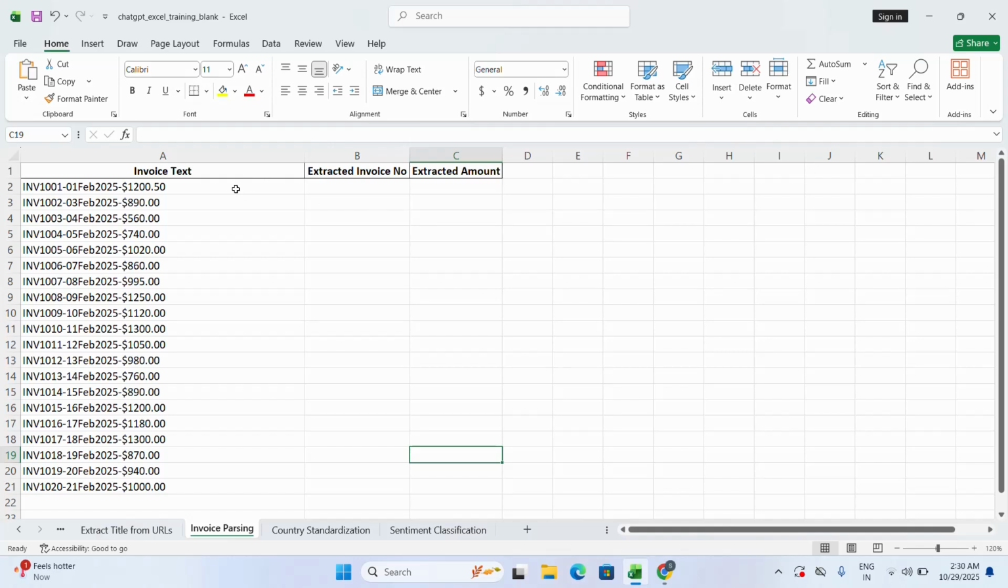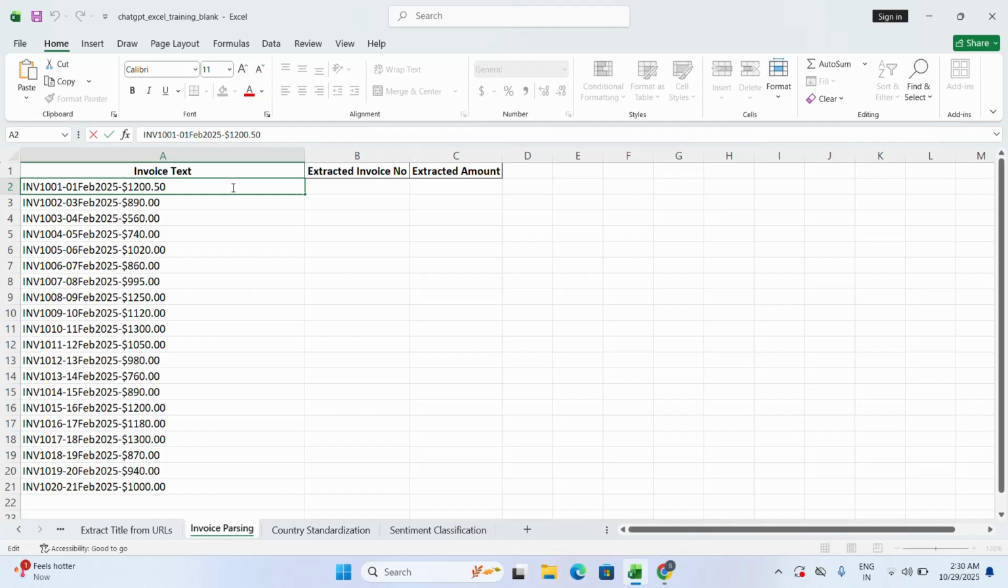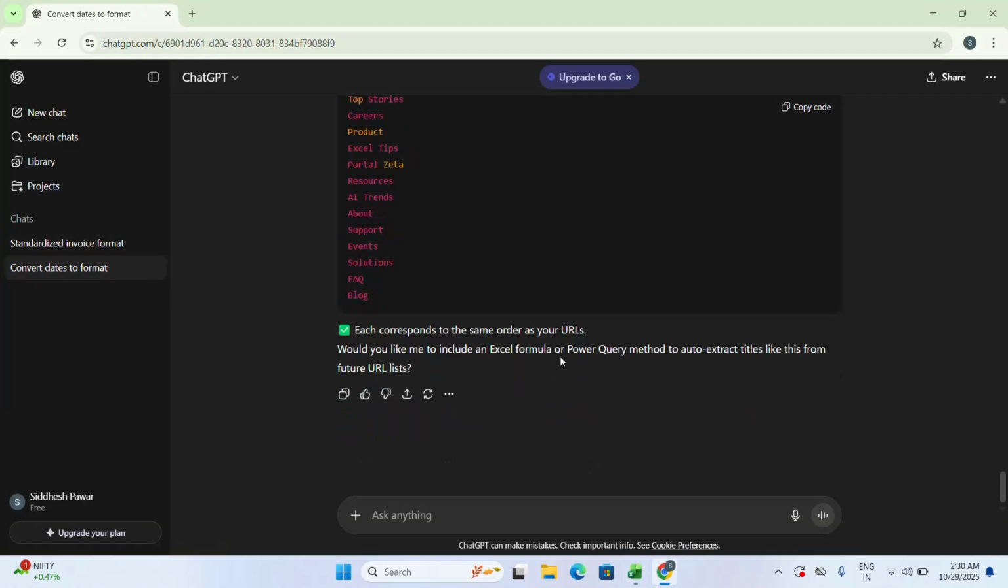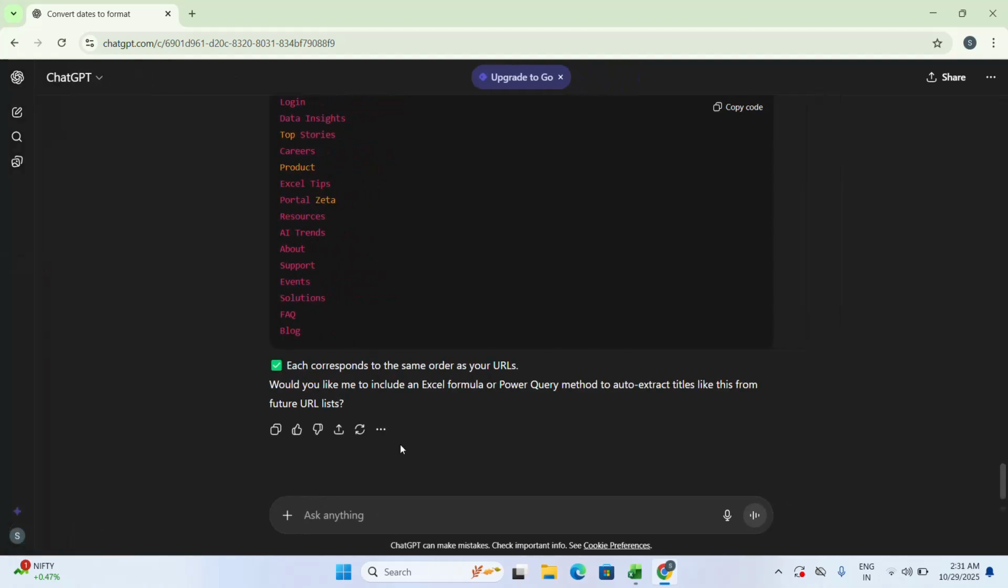So here what I will do, I will take this as an example, no need to copy everything, and then here we can mention give me formula to extract invoice number and amount,